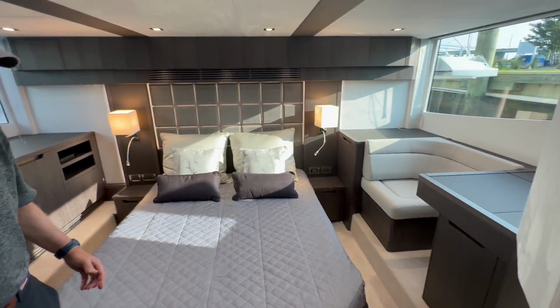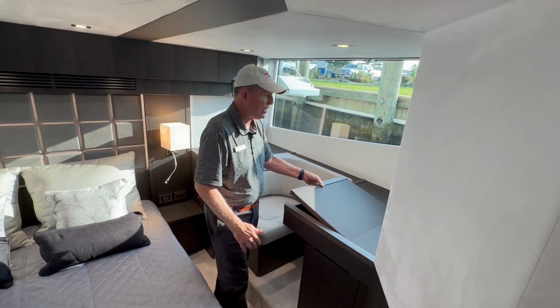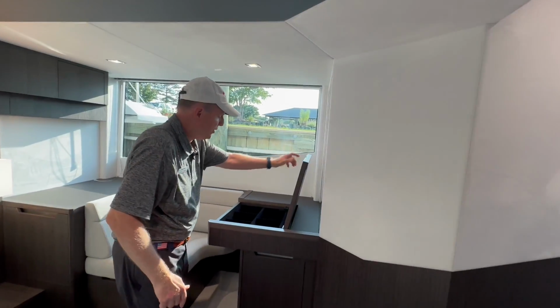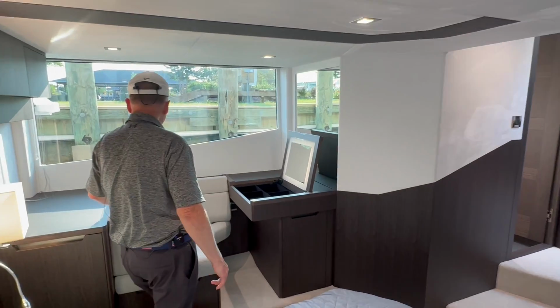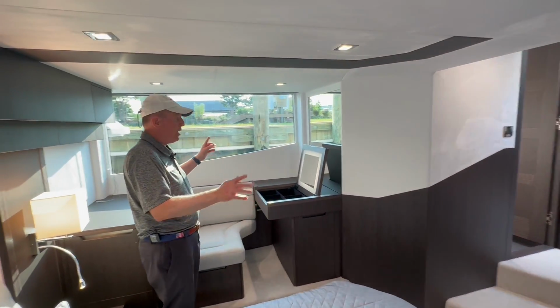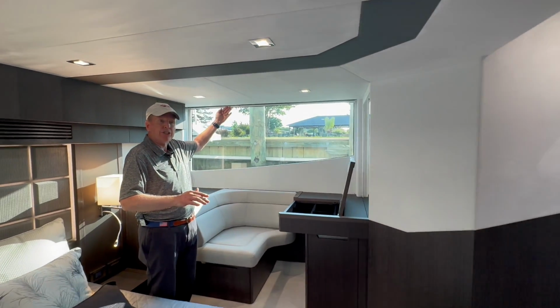Off on the starboard side here, we have another large seating area. There's a large mirror here, and then a nice makeup and vanity with jewelry slots here. A nice comfortable chaise lounge type seat here, and storage underneath as well. You'll notice that there are large windows on either side, and of course we have shades and blinds that come down